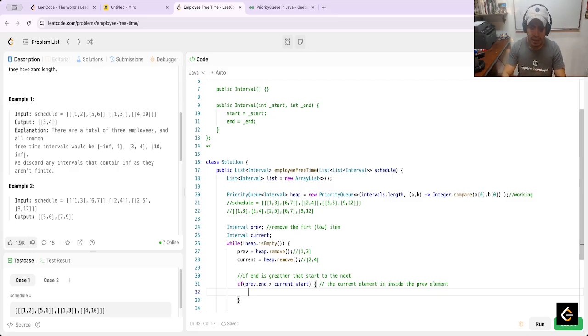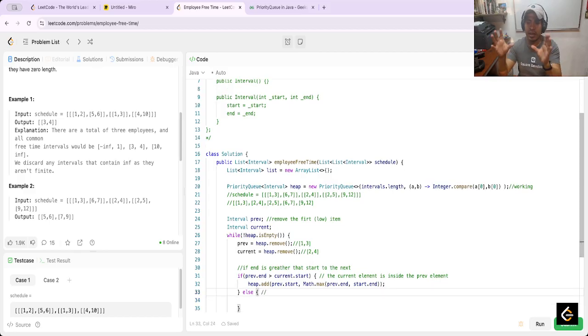In this case it's heap.add, with prep.start and Math.max, because we need the maximum end between prep.end and current.end. Oh my gosh. Okay. Now, else,